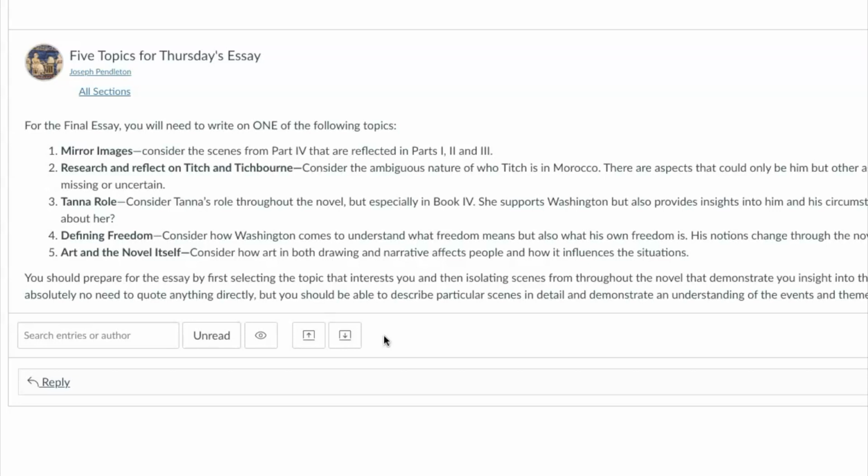And then the last one is on art and the novel itself. And art, in many ways in the novel, is represented as the ability of drawing in almost a scientific manner to represent things. And this is an issue I have discussed in the videos, where you have Black taking on the ability to draw things and to replicate them in a fairly stunning and impressive manner. And he develops a skill, but he also has a talent. And he loses it for a while when he starts working, but he starts to develop it again.